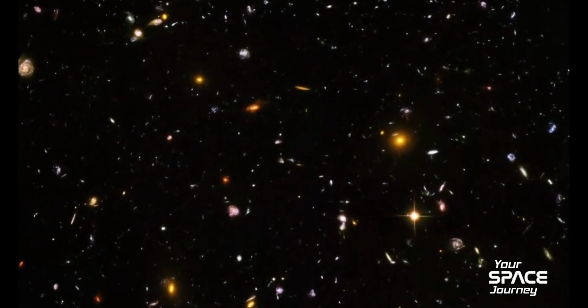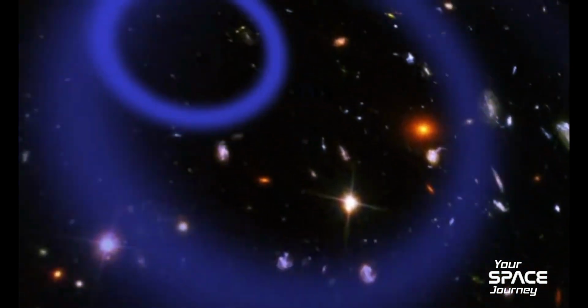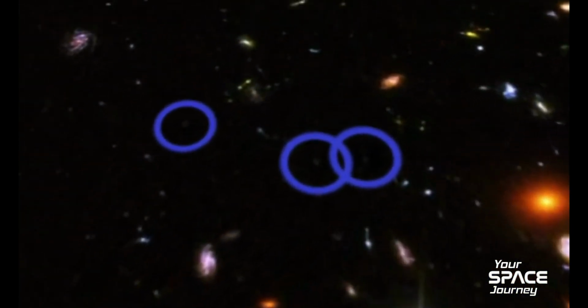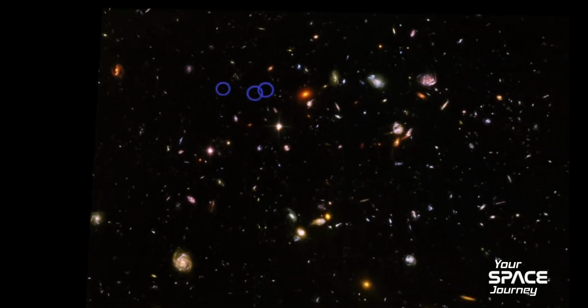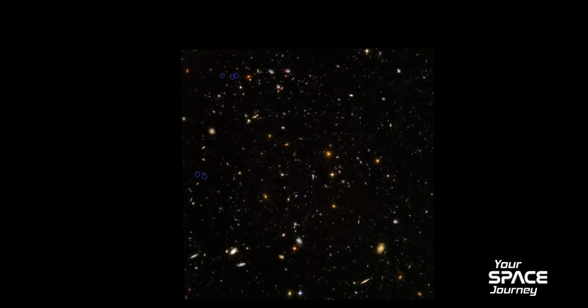So the Webb is a 6.5 meter diameter telescope, versus say 2.4 meter for Hubble. And because it's infrared, that means its mirrors have to be super cold. If they're not cold, and this is the problem with using Hubble in the infrared, the mirrors themselves will generate infrared light in the form of heat, and that contaminates your images. So you have to cool the mirrors to about minus 400 degrees Fahrenheit. And we do that